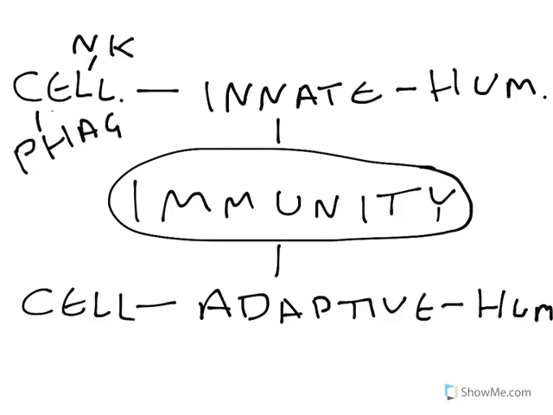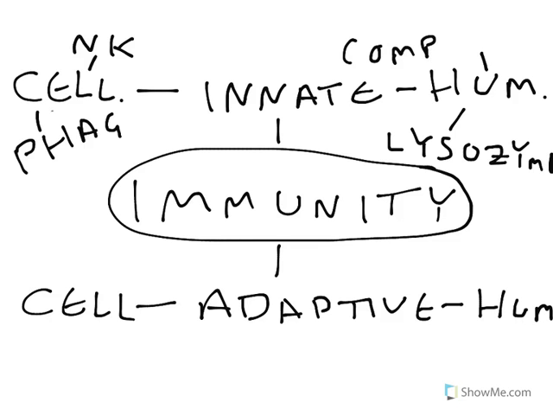If we think about the humoral aspect of innate immunity, we've got molecules such as lysozyme. This is typically found in saliva. Interestingly, lysozyme was discovered by Alexander Fleming. Lysozyme is an enzyme which, once again, fairly indiscriminately chews up pathogenic material. In addition, the humoral side of the innate immune response contains molecules called complement, and we're going to talk a bit more about complement later on. So complement is part of the humoral immune response.